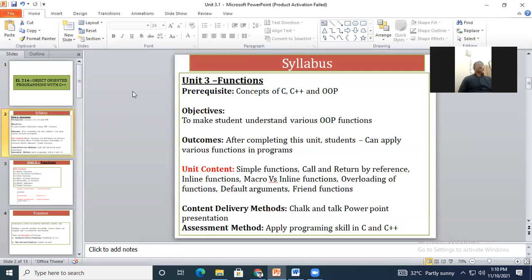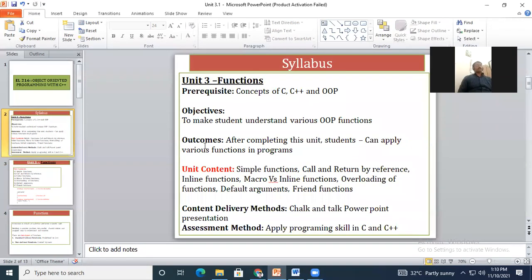In the second unit, we went through the basics: variables, definitions of variables, then functions, arrays, and how to use different conditional statements, then operators. Those parts we covered in the last unit. In the last lecture, we started with the third unit, functions.